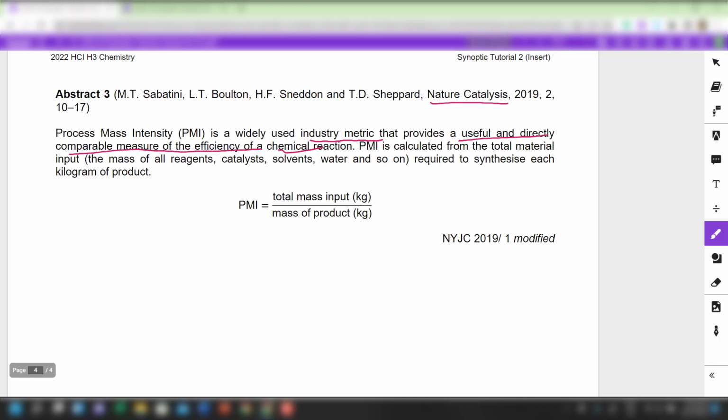Okay, so they calculate what they call PMI. PMI is calculated from the total material inputs required to synthesize each kilogram of the products. Perhaps later on they are going to ask you to do some calculations involving PMI. You can perform the calculation and then tell us, between the two methods, which is a more